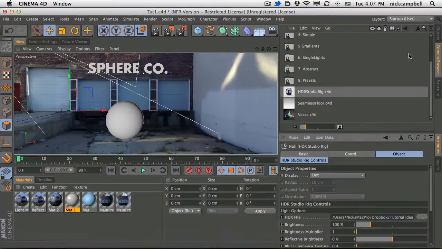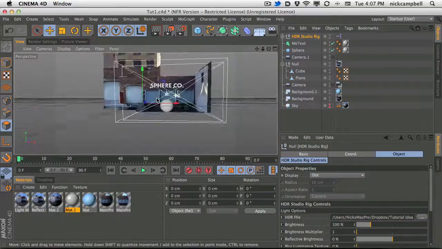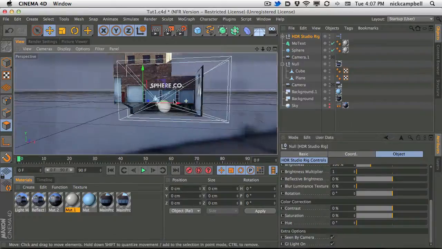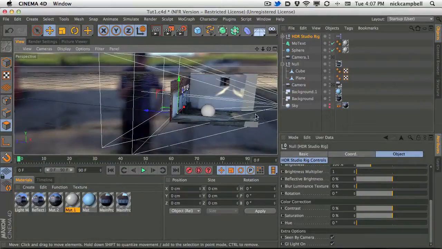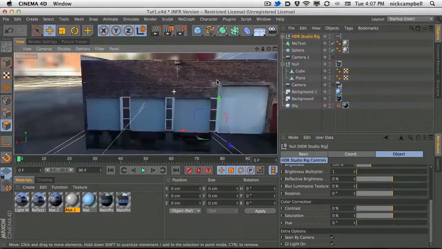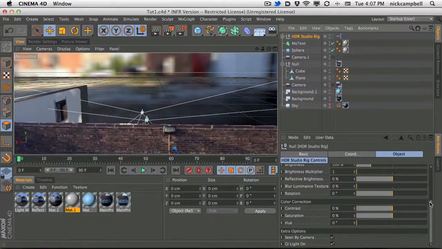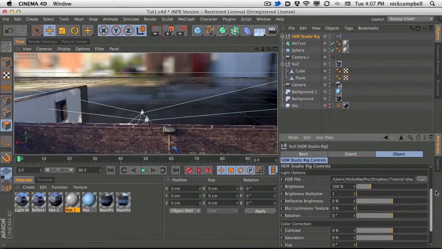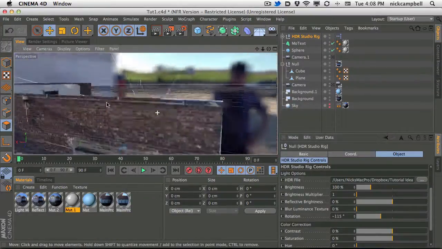When we open that, we can jump out of our camera and fly around. The first thing we have to do is turn on scene by camera. Now we can rotate around, and we just need to match it up. Well, there's Chris hanging out. Chris actually took the photo from over here, so we have to make sure that Chris is right behind our camera. So let's go up and over. There are our cameras, and let's rotate until we see Chris where the cameras are, because he's in the position where those cameras are. Now we can rotate this around and put them right there,